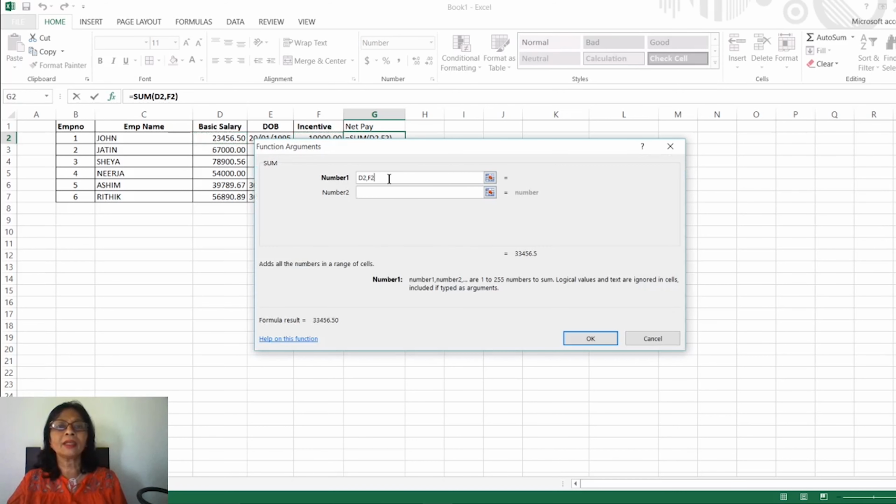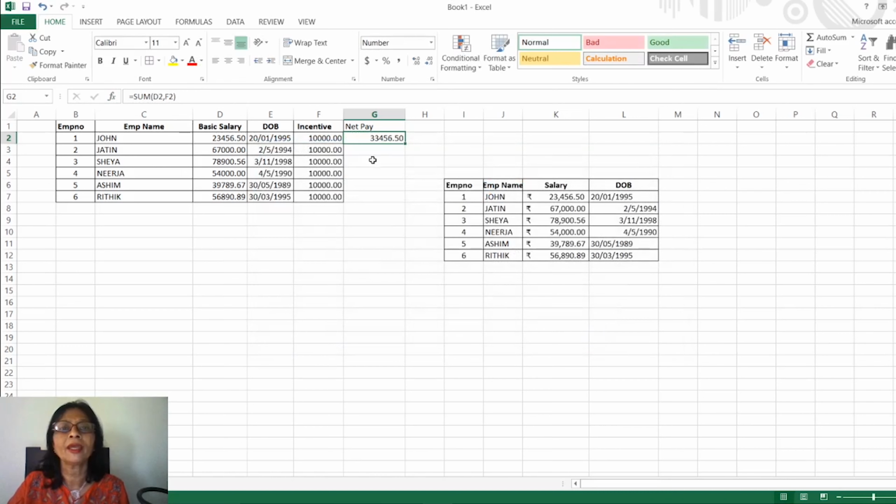Then in the Number 1 bar you will see D2, F2. D2 is the cell address: the column name is D and the row number is 2. For the incentive it is F2. Then click on OK and you will get 33,456 as the net salary for employee 1.